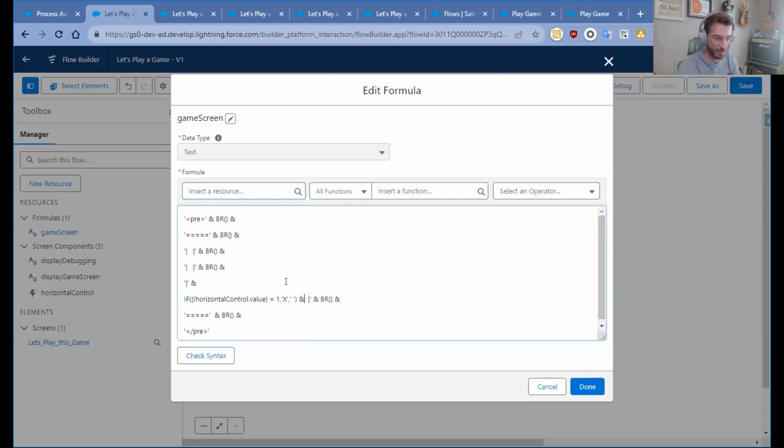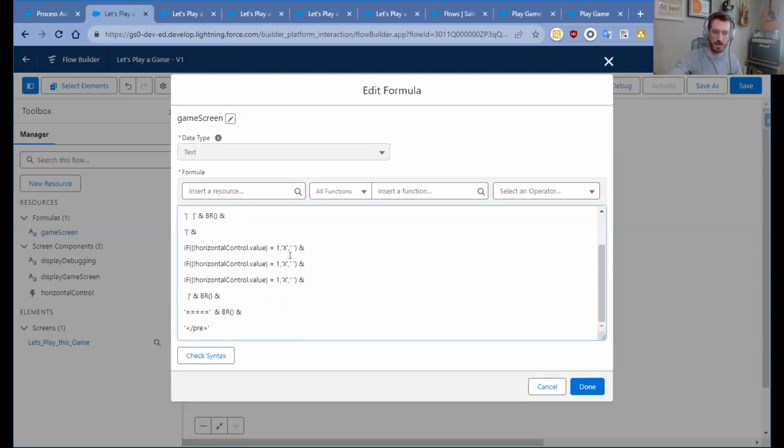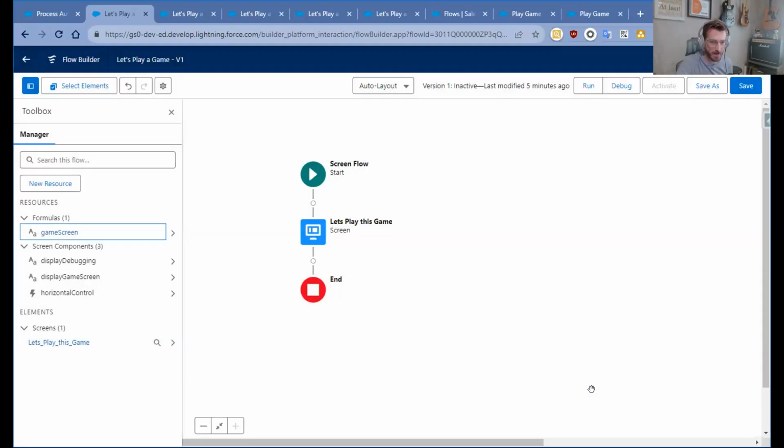And then I'm going to copy and paste this 2 more times for each of those spaces along the bottom row. So I'm going to check if the horizontal control is equal to 2 and if the horizontal control is equal to 3. And then at the very end, I don't need these hard-coded spaces anymore, just that pipe. And so now I should have